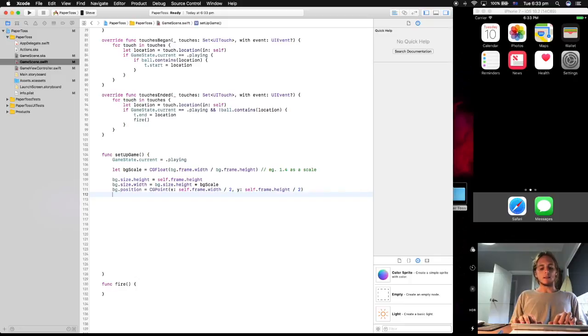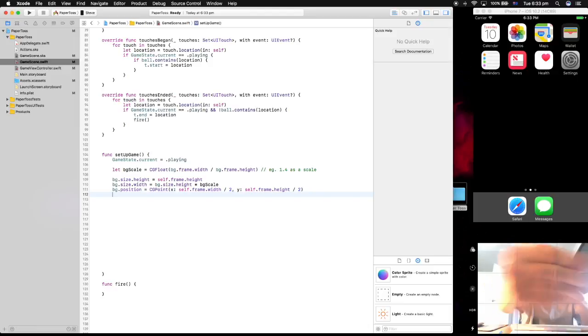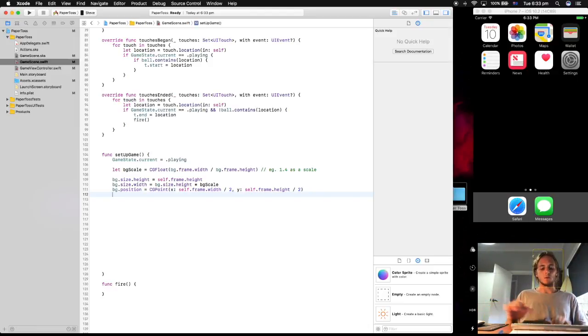We need to set the z position, which is like layers. So we got 0, and then 1, 2, 3, 4, 5. The higher the number, the closer to you it's getting. So we'll say bg.z position is going to be equal to 0, because it should be the very back. It should be as far back as it gets. I think that's that. So then we just add it, self.addChild,